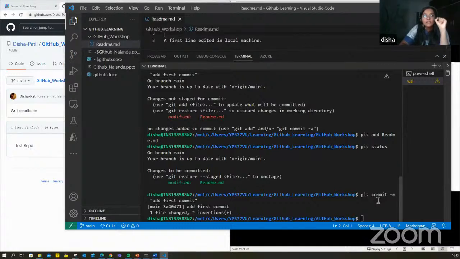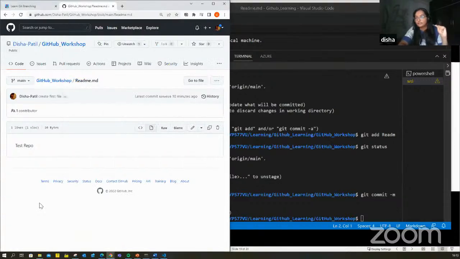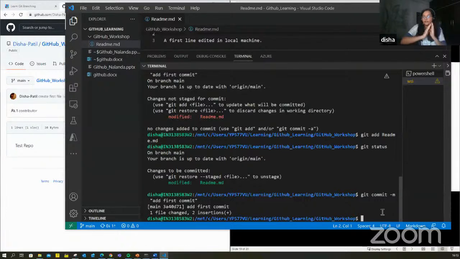So committing any change on your local machine does not directly reflect on your online GitHub repository. There has to be a linking between your local machine and your online repository, and that linking is done by pushing your changes to the online repository. So git push is another keyword.